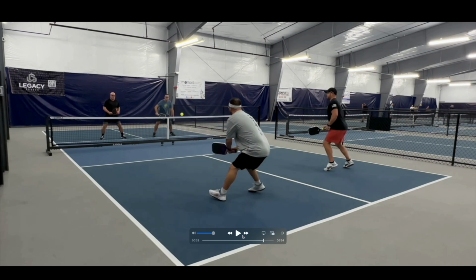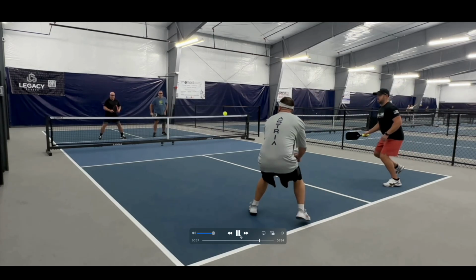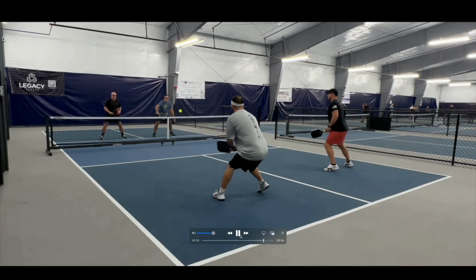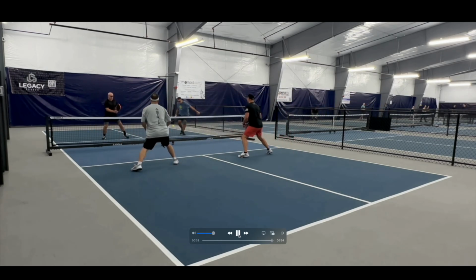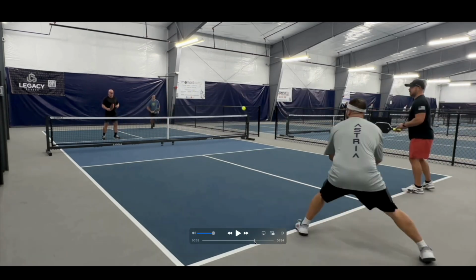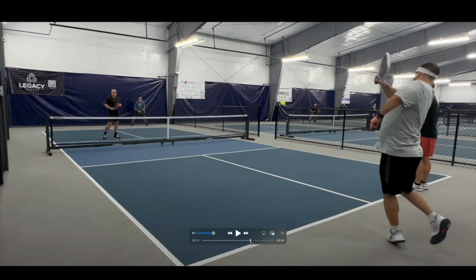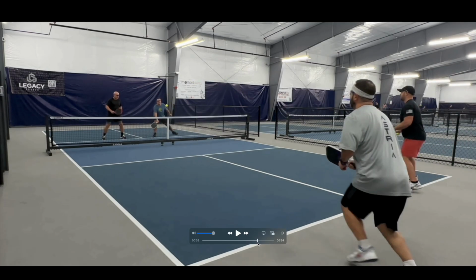Now I'm coming up. Now he can't hit it as high because I'm coming up. So I'm giving myself and my partner time to come up. Let's watch it here. And then another drop. And now we're up to the kitchen. So one more time with this one. So even though it was a very good return, I didn't drive. I dropped it,